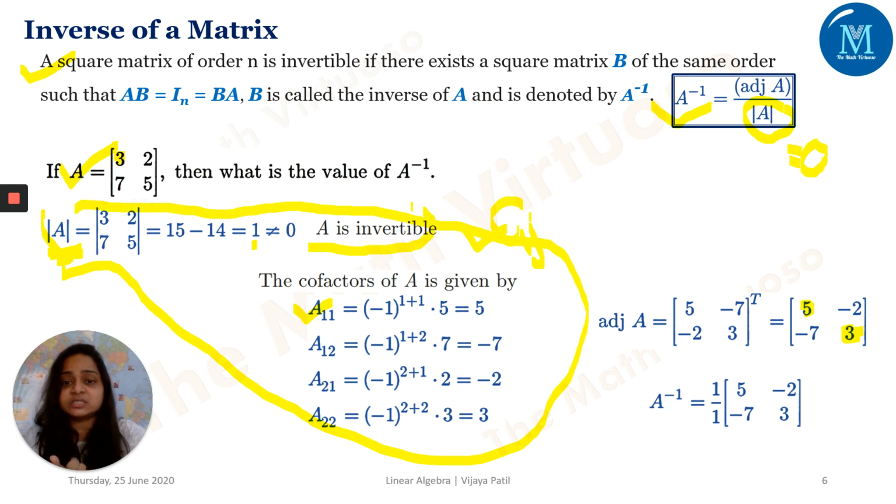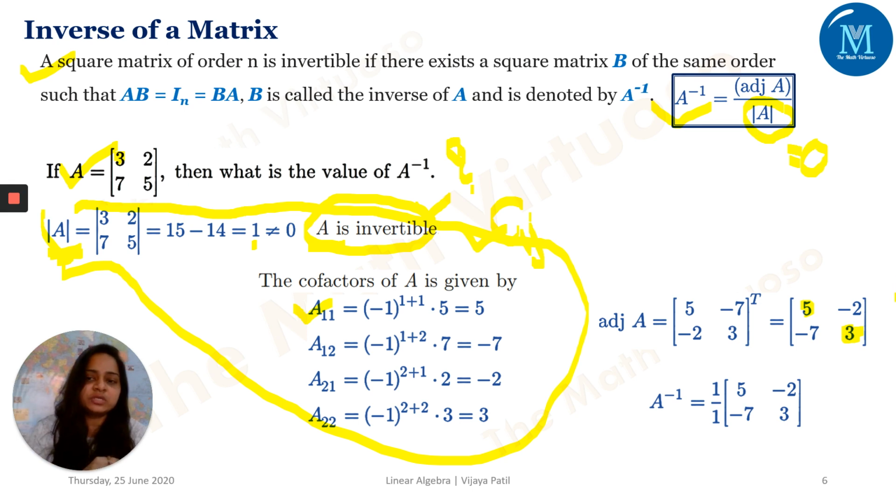Yes, definitely, it is very important to check whether the inverse exists or not. Whenever we have to find the inverse, we first have to find the determinant of that matrix. If it is non-zero, then only A inverse will exist. Otherwise, it won't exist, right? After that, for a 2 cross 2 matrix, you can directly find the adjoint, which is just switching the diagonal elements and negating the non-diagonal elements. Like 2 over here becomes minus 2, and minus 7 stays minus 7 here.